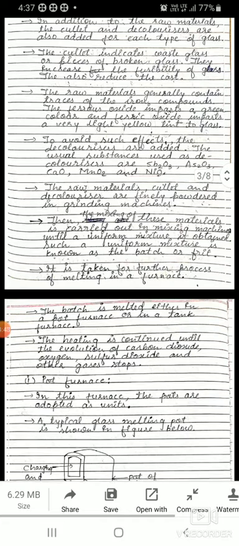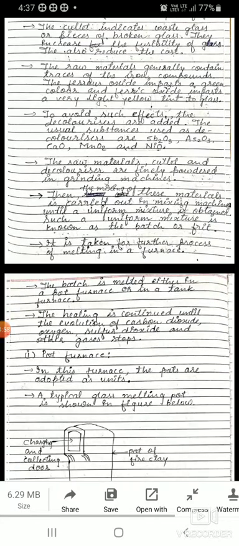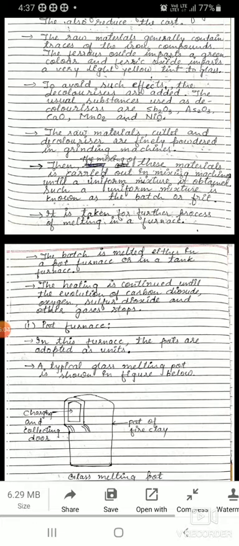The raw materials generally contain traces of iron compounds. Ferrous oxide imparts a green color. Ferric oxide imparts a light yellow color to glass. To avoid such effects, decolorizers are added.